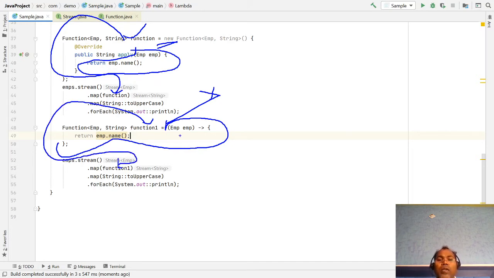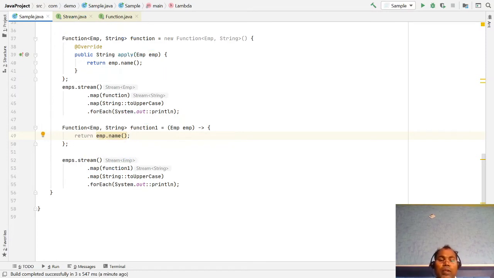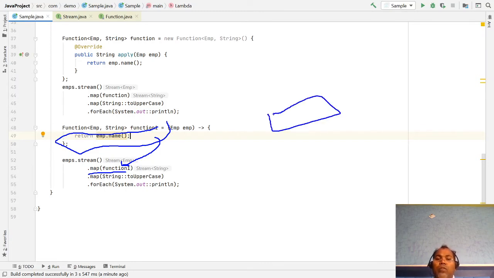So here we are not creating an object. We are saying: this is my function, I am passing a complete business logic, a complete method. Whenever you need, just invoke my method. Use this code. I am not going to create an object and pass it. I am just giving you the complete business logic. What I have written here, I am giving to you. Whenever you want the conversion, you can just use this method. I am not going to create any object for you. I am just providing you the business method.